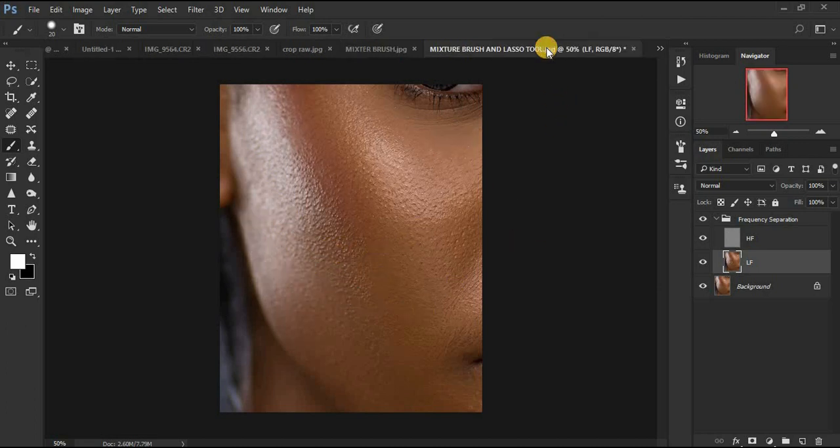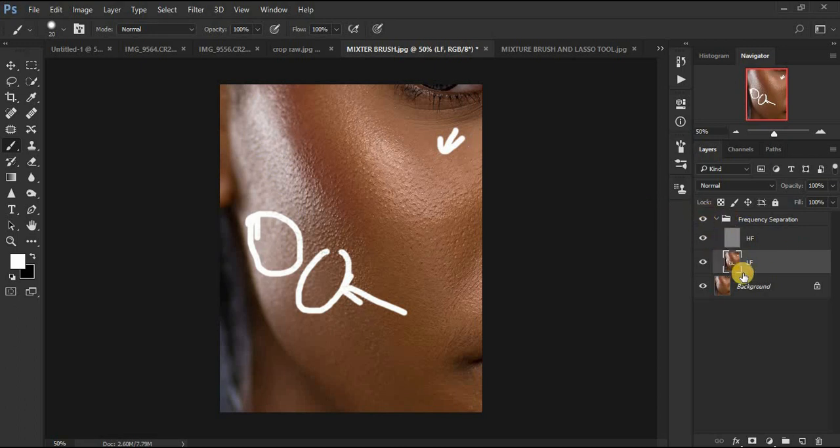So when you combine the two methods right here, it is really perfect, and you can get the best results from retouching your portrait. So I'm going to put the 3 images for you guys to see and judge which method really works best for you for your retouching. And this is now for you to judge. This is the mixer brush tool method combined with the lasso tool method of frequency separation. Then this is the plain